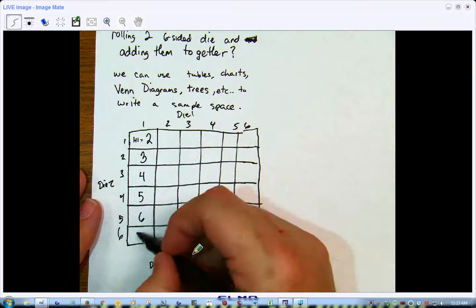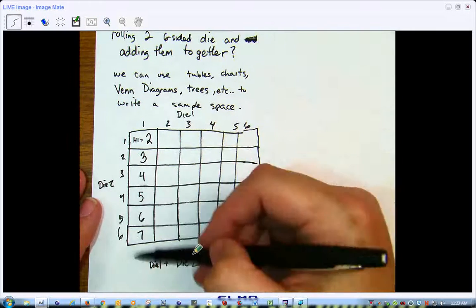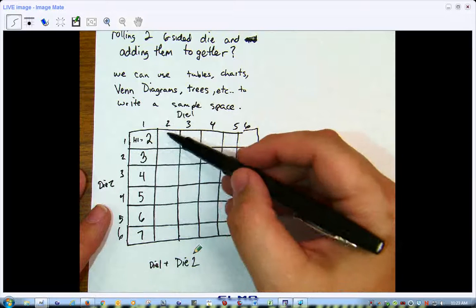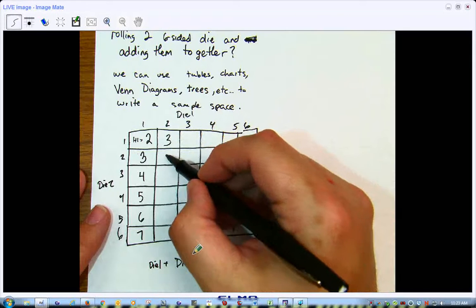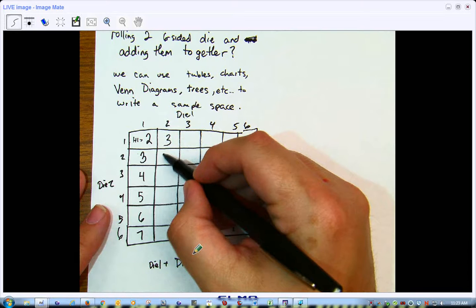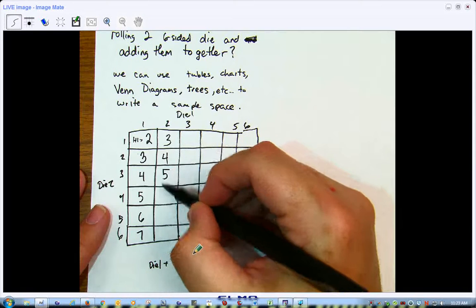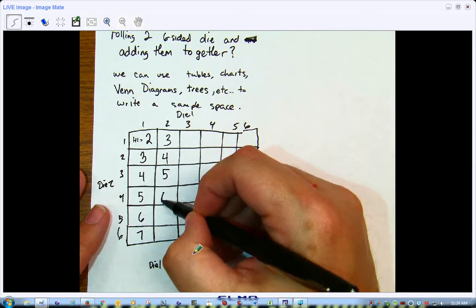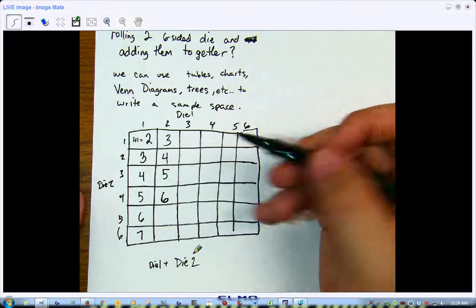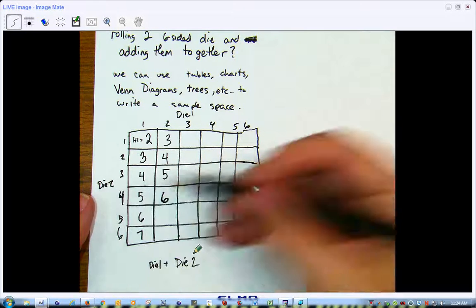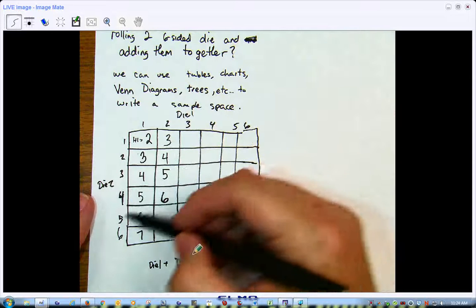Alright, so that's column 1. Now the next column, what would go here? 2 plus 4? 2 plus 5 is,